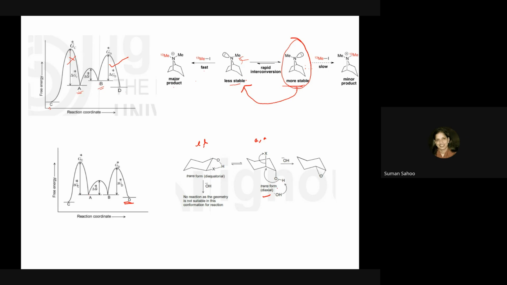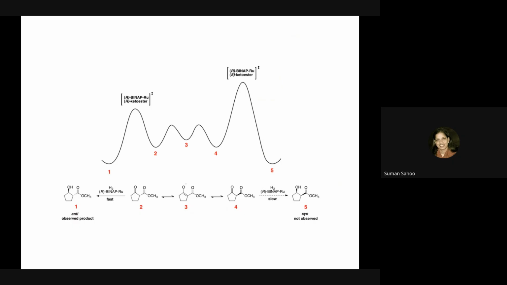So in this case, the trans form, which is your diaxial, is actually in the proper position for the elimination of halogen. So this one would give you a lower energy situation. Diaxial has the lower activation energy, so this one would be your product. The other won't give you the product because it would go through a higher energy pathway.